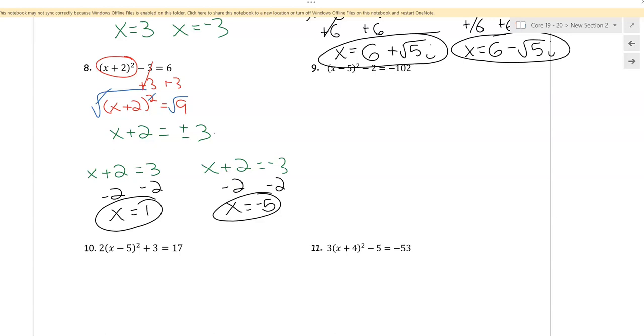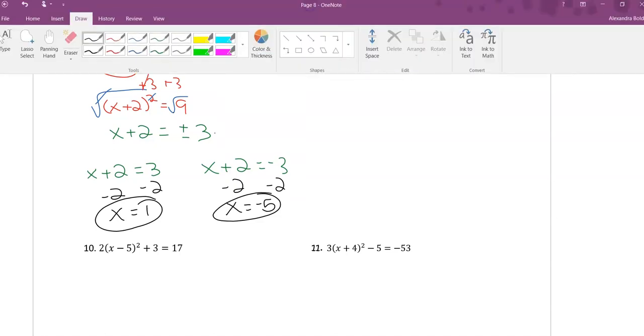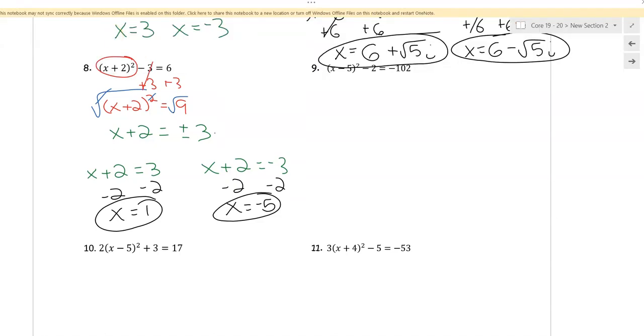All right, looking at number 9, we have x minus 5 squared minus 2. This is what I'm trying to get by itself, so I'm going to add 2. So that's x minus 5 squared. Those cancel. Negative 102 plus 2 is negative 100. Then, I'm going to take the square root of both sides. This squared and this square root cancel out, so I'm left with x minus 5